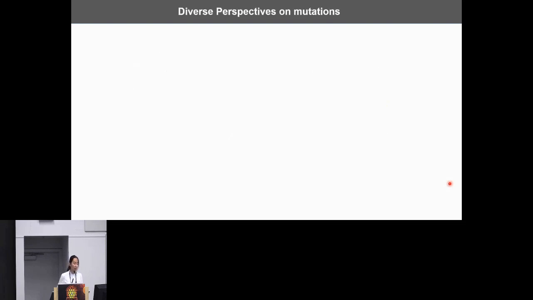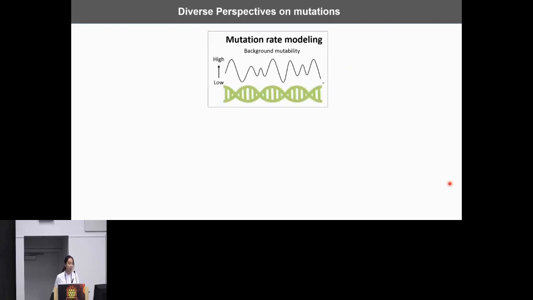So to tackle these two challenges at once, we need to combine the insights from different fields. On one hand, mutation rate modeling gives us statistical insights into which specific genomic regions exhibit significantly higher observed mutation rates than a background, so that this can help us identify driver mutations. But furthermore, to understand the functional mechanisms of the driver mutations, we really need to,